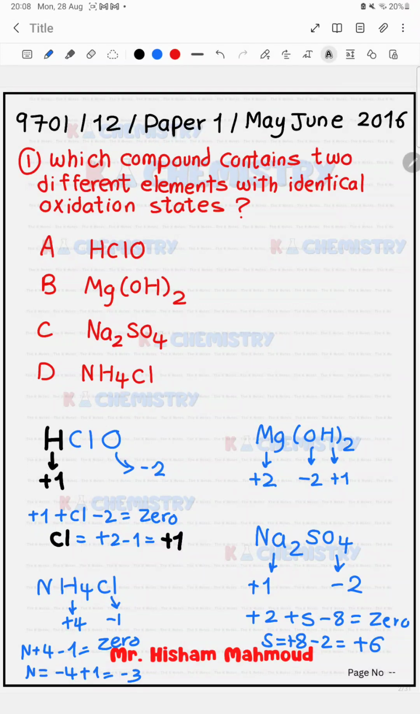May June 2016 AS exam. Which compound contains two different elements with identical oxidation states? So there is no other way to do this other than trying to find the oxidation state of every element